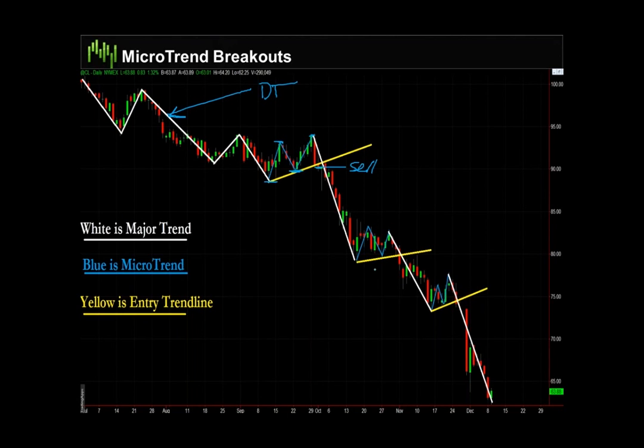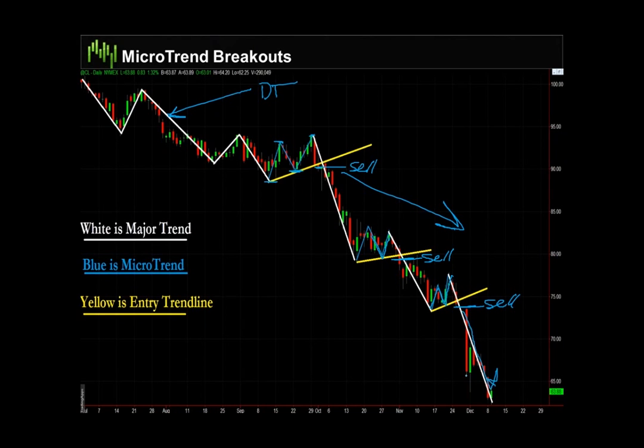Here's another one. This one, we put in a higher pivot low. We did not put in a higher pivot high. We put in a higher pivot low within the context of an overall downtrend. So what does this mean? We sell on the break of the low, or on the break of the trend line that connects the lows. Here's another one. We go up, pull back down, we go back up again. So we have a higher pivot low within the context of a major downswing. Draw a trend line connecting the lows, sell on the break of the trend line. Here's our move down.